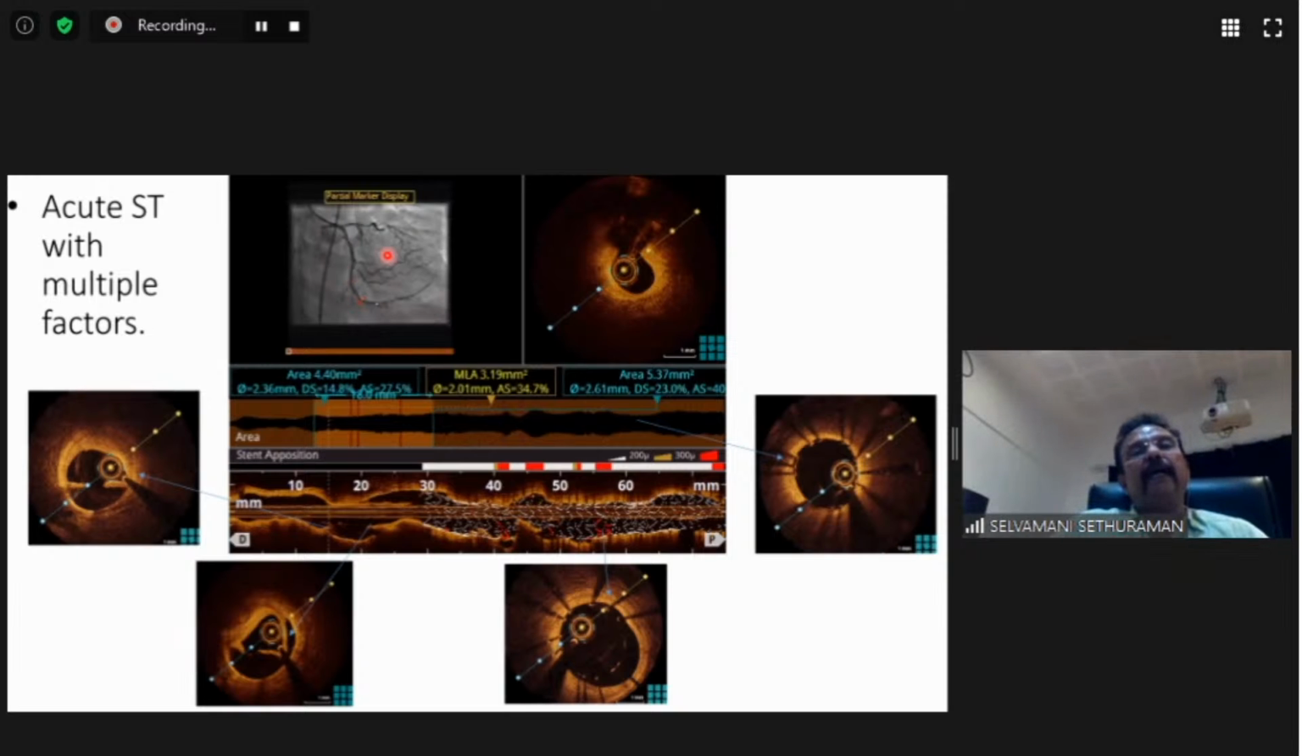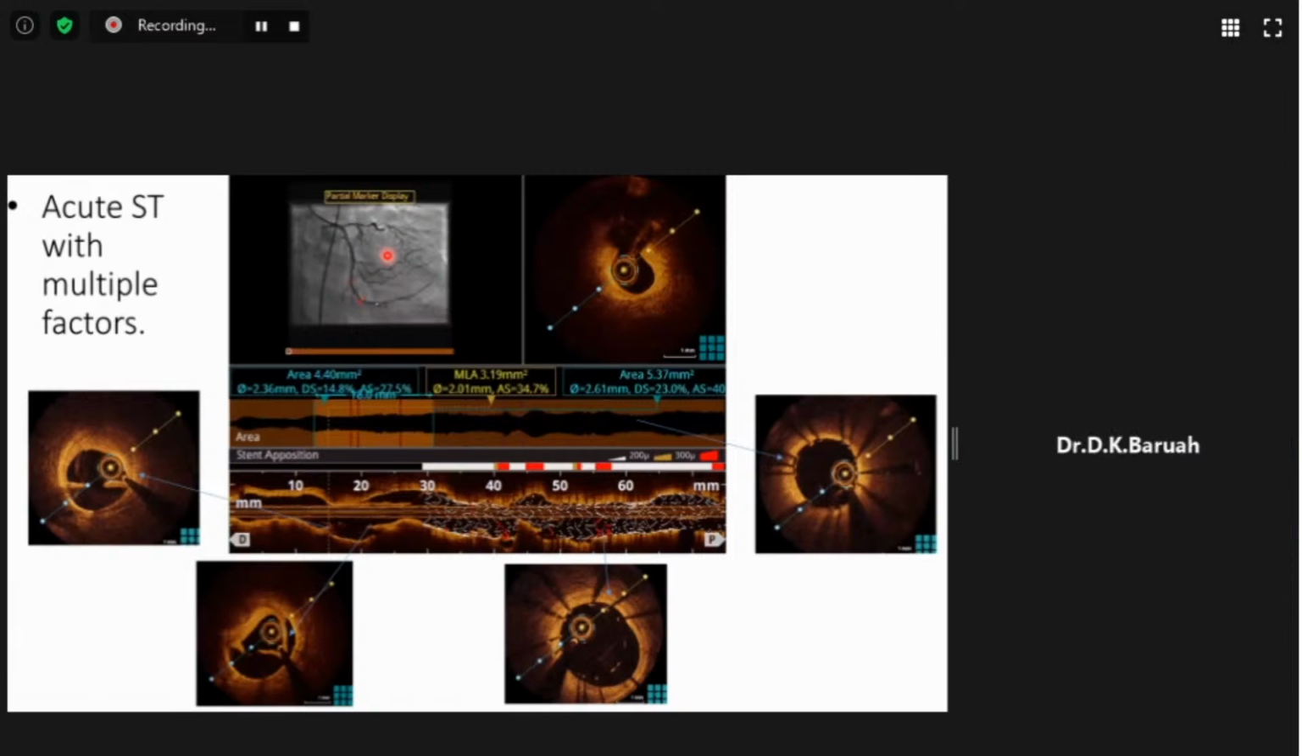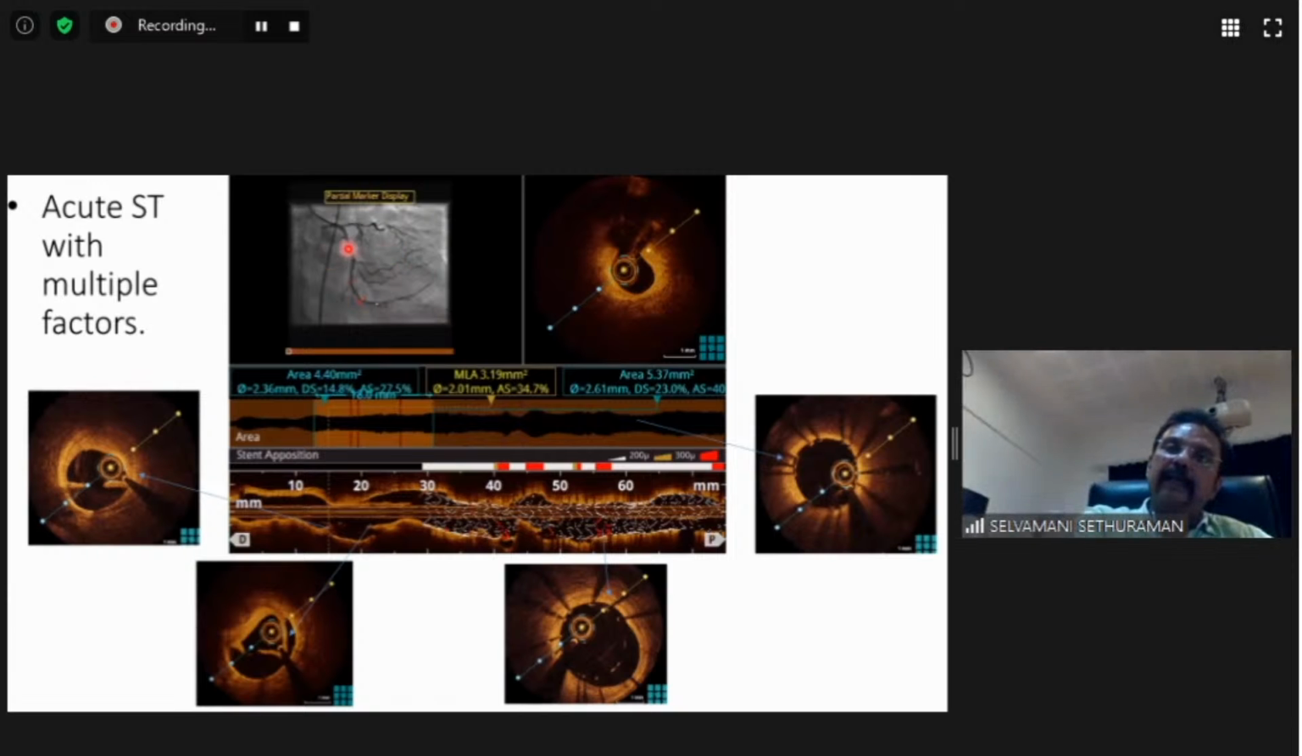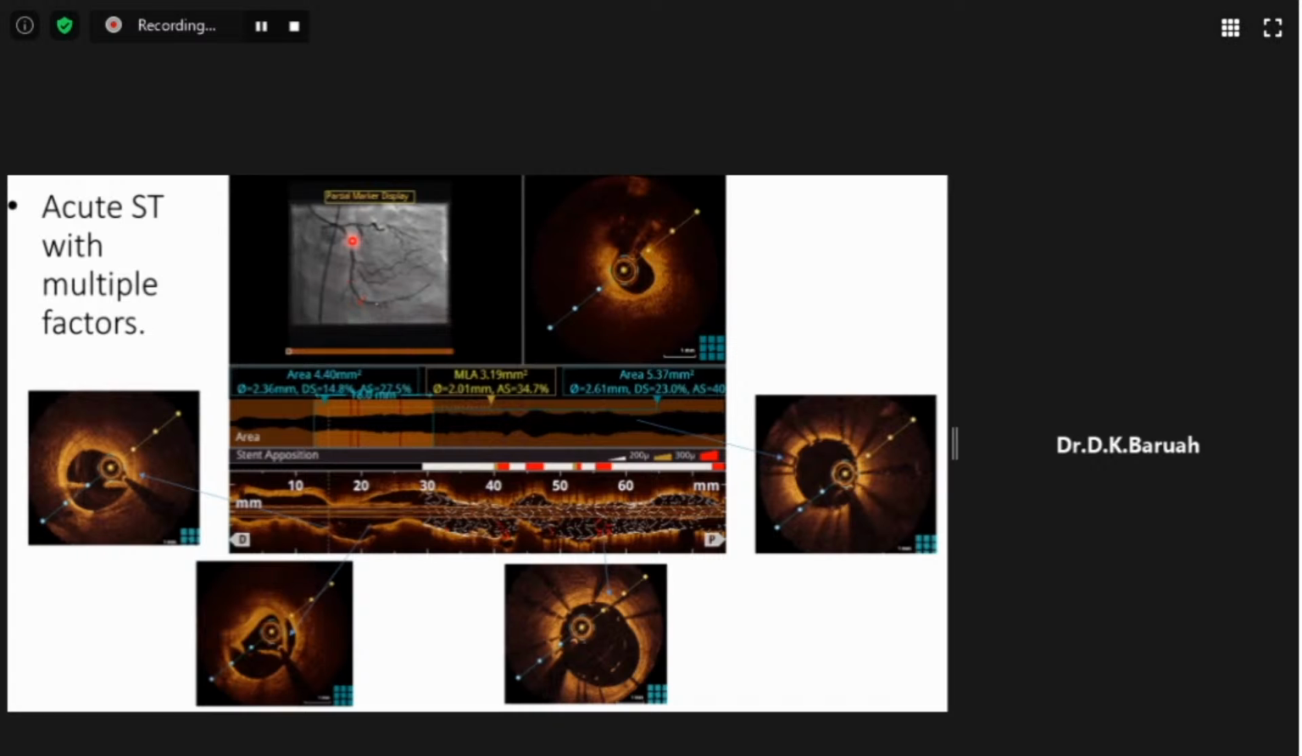This patient had an acute MI elsewhere, and one of my friends treated this circumflex vessel. And after stenting, 6 to 7 hours later, he again had a stent thrombosis. And once,